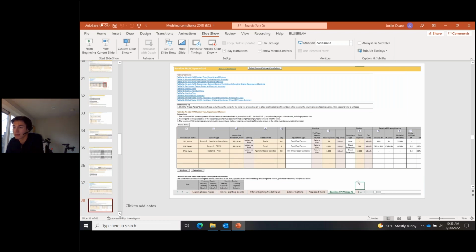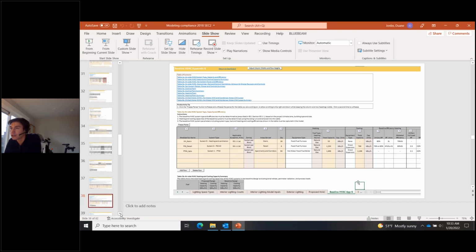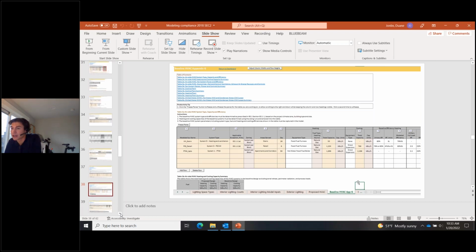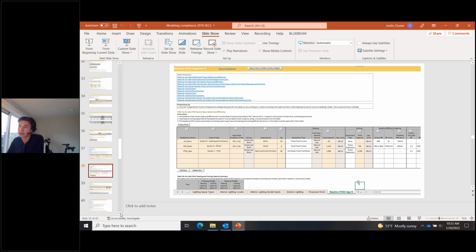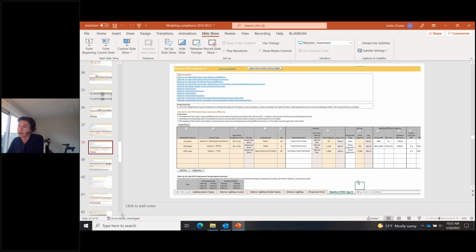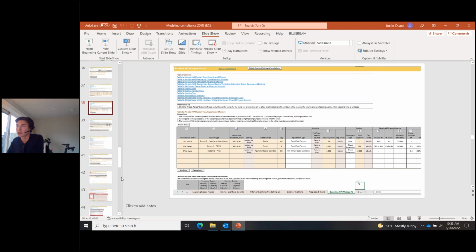I would say this one's probably more important than the proposed tab, just because as an energy modeler and as a code reviewer, you don't have those design documents to reference back towards. So making sure you do a really good job on this baseline tab documenting how you're modeling your systems. This tab also has a ton of those question mark help buttons, so a lot of good guidance on how to do modeling. And then there's also a fan power calculator, which is super helpful for the baseline system on this tab.